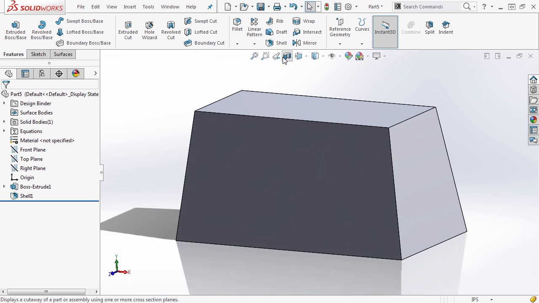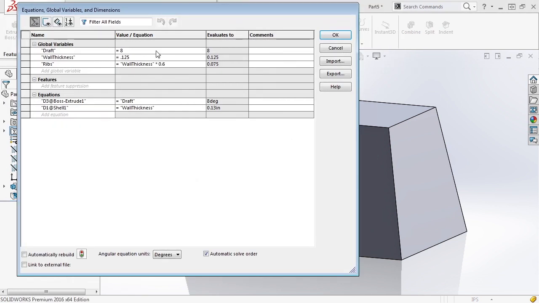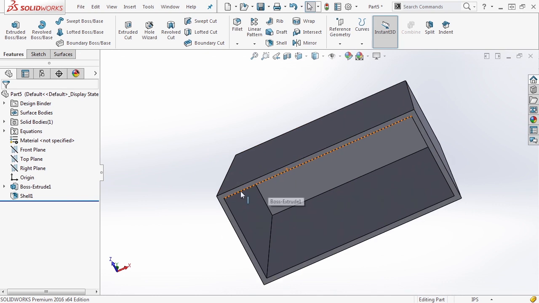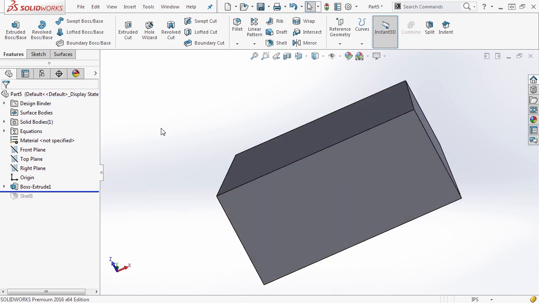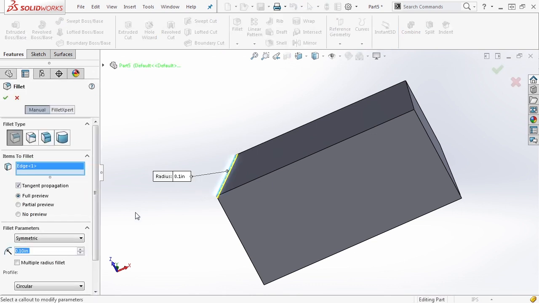Now, the beauty of doing it this way is shell is now linked to the wall thickness value in our equation manager. If we come back in here and we say that we want a much thicker wall, let's say 0.25, when the file updates, we now have that thicker wall. And we can also roll back the feature tree above shell and do things like apply a nice fillet to